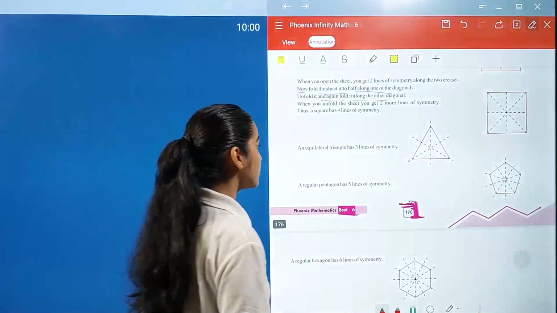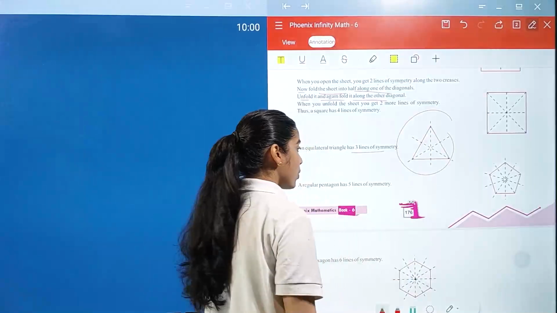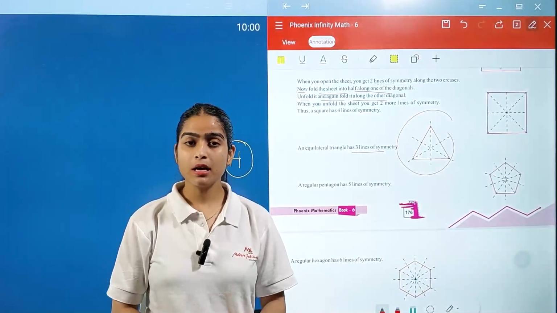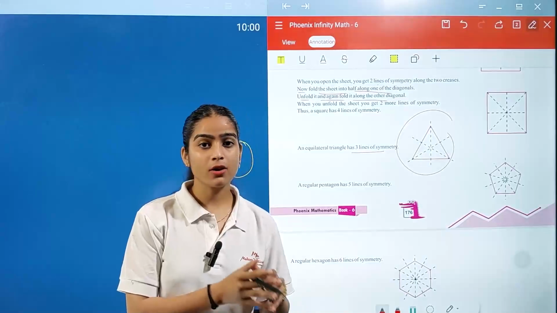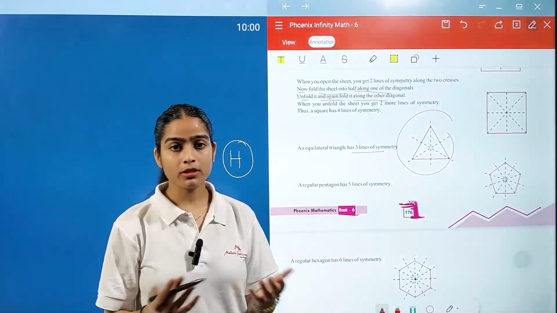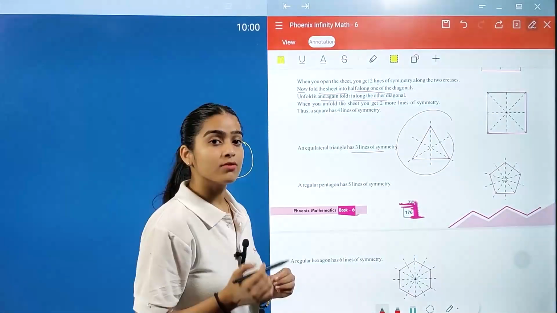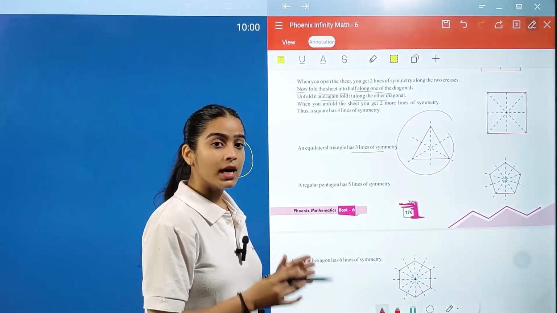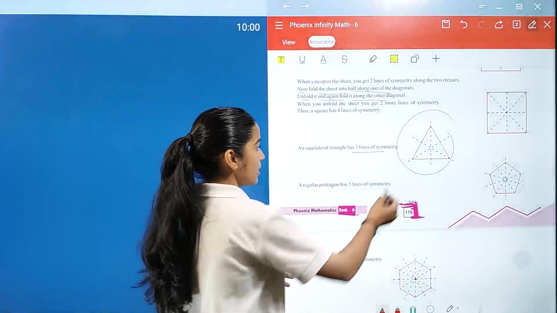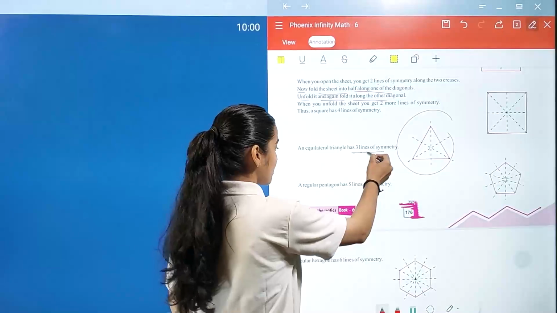So in the same way you can do this for a triangle. Here we have three lines of symmetry. One piece of advice from my side: if your shapes are regular, which means they have all sides equal to each other and all angles equal to each other, then how many sides we have in that particular polygon, that is the number of lines of symmetry we have. So an equilateral triangle has three equal sides, so it means three lines of symmetry.